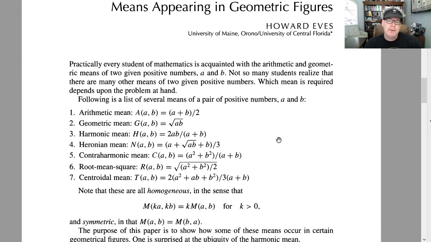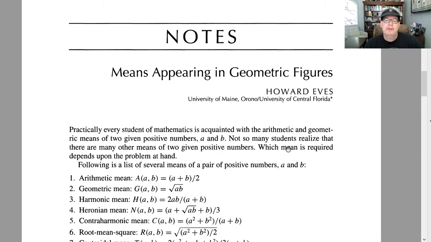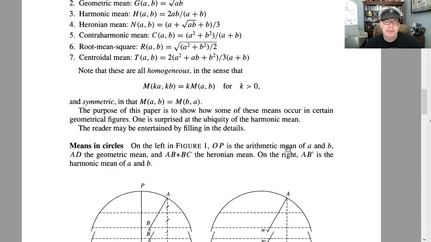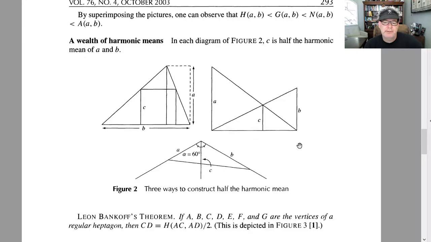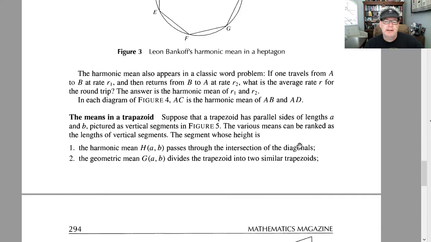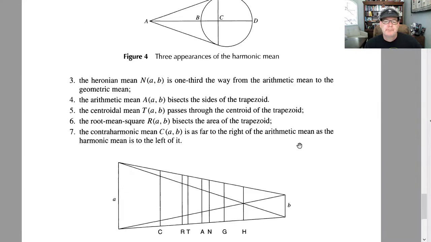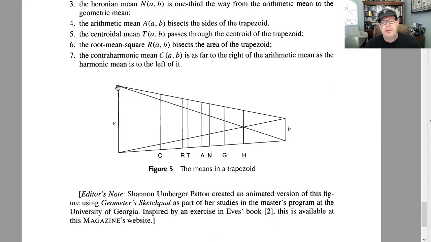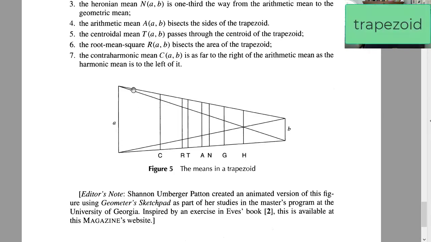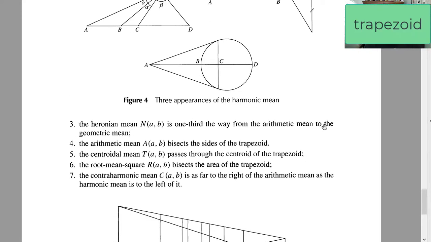So there's some means. Here's a little article putting them in geometric figures. I'll skip the circle one. If you look at a trapezoid, where is it? There it is. And if you represent the size of the number by a length, so B is whatever length, and A is bigger than B, and make a trapezoid,